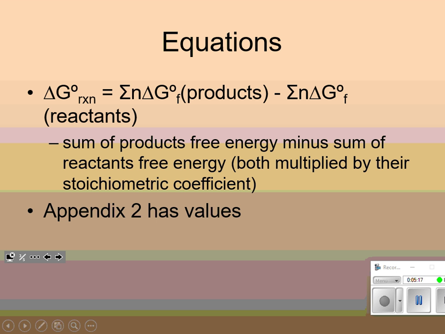So there are two more equations on this equation sheet that I need to go over with you, just so, again, that we are aware of these different equations so we know if we need to use them and how to use them. But the nice thing about Gibbs free energy, and it being kind of at the end of the book,